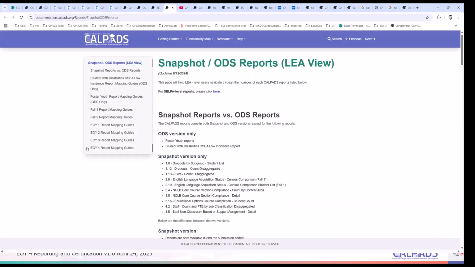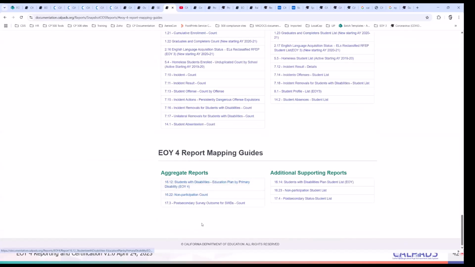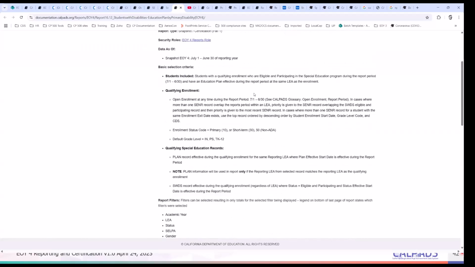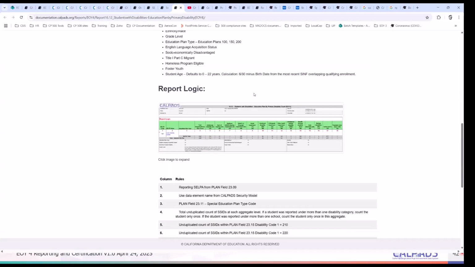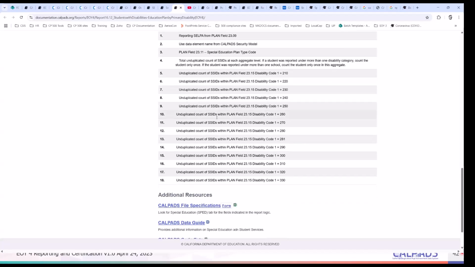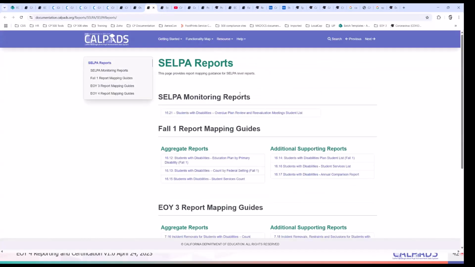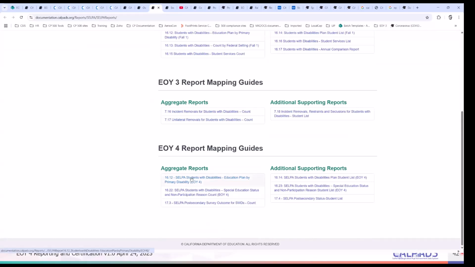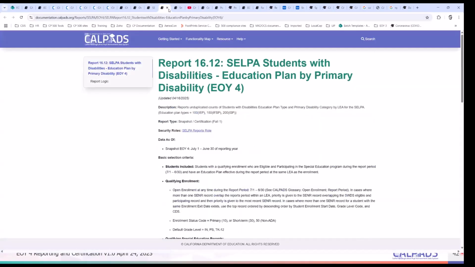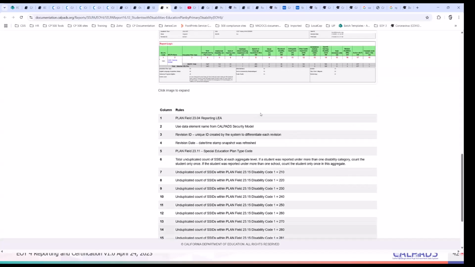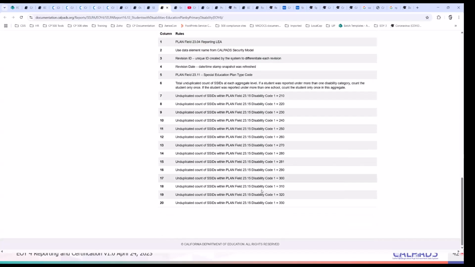So for LEAs, you may refer to the snapshot reports, go to end of year 4, and you have the same reports here. Each report has the different business rules, who gets included on the report, and what counts are included here. Okay. And for the SELPA, that's the same thing. You click on your SELPA version, and it gives you a mapping guide, a guide on what each column represents.